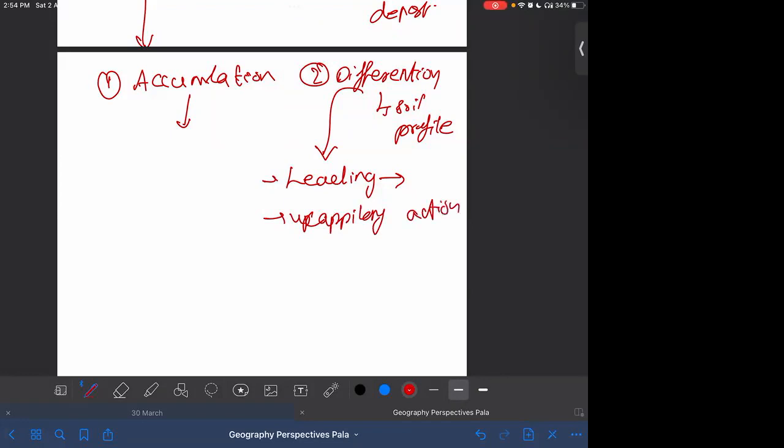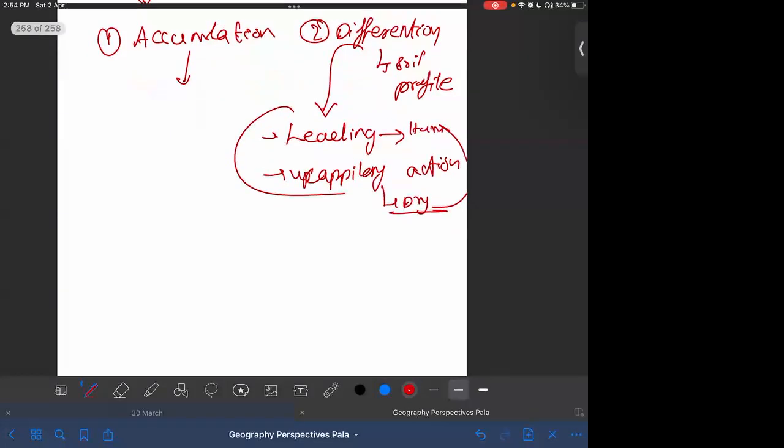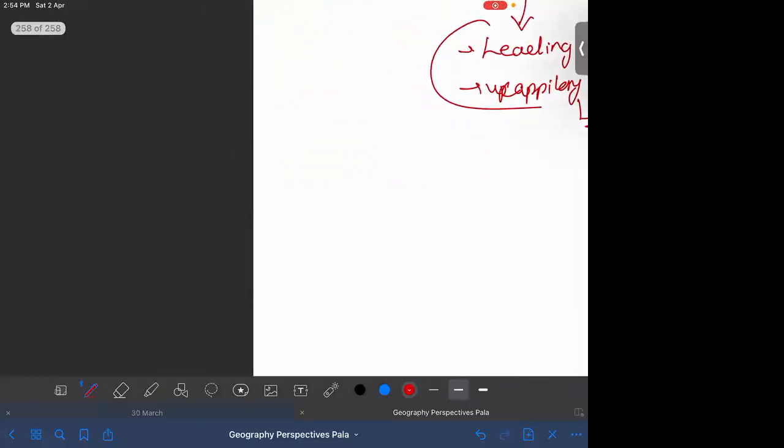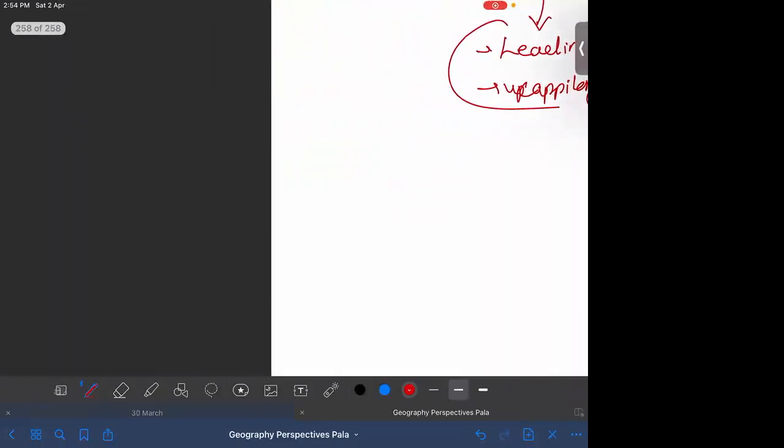So with climate, the factors that are acting on the soil change. This would be in the humid region. This would be in the dry region. Now the next element is what? In most cases, the soil region is a reflection of the climate, just like vegetation, which is again a reflection of climate. But not always. There are other factors also.